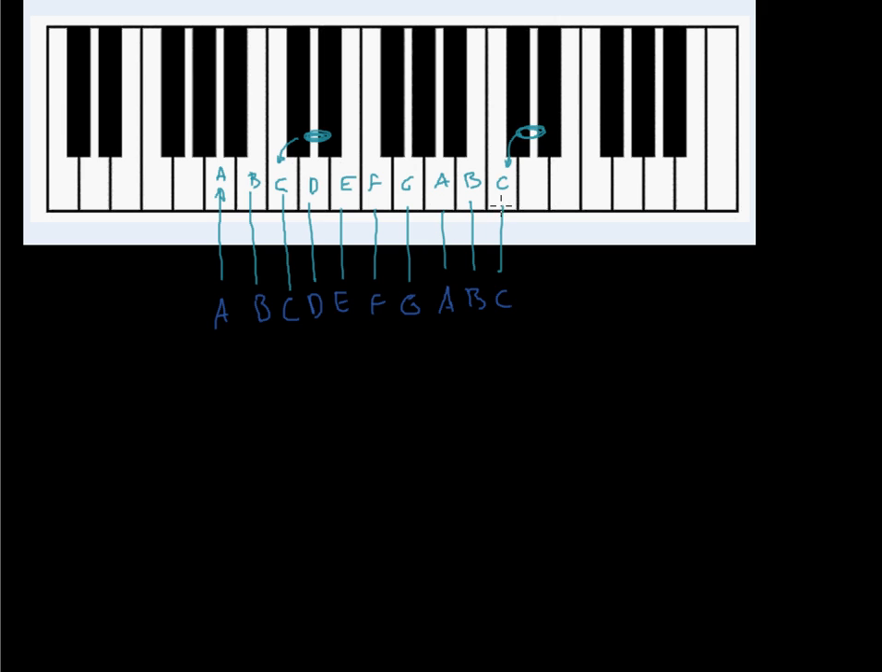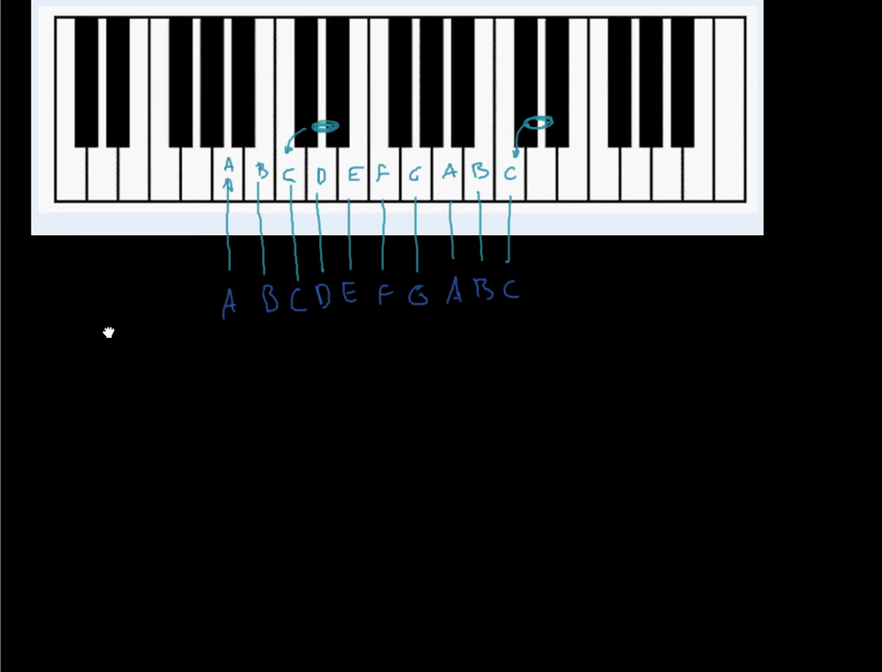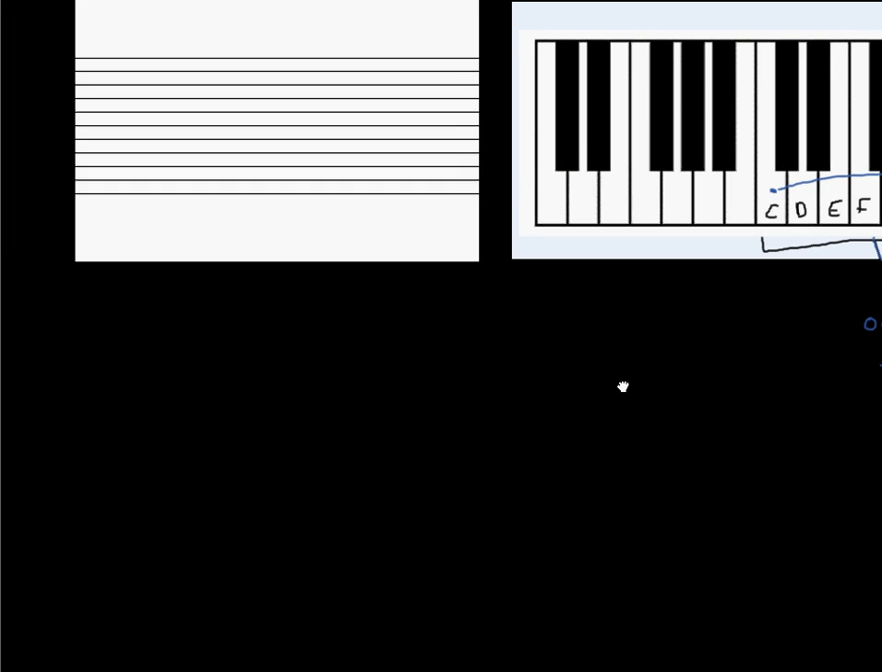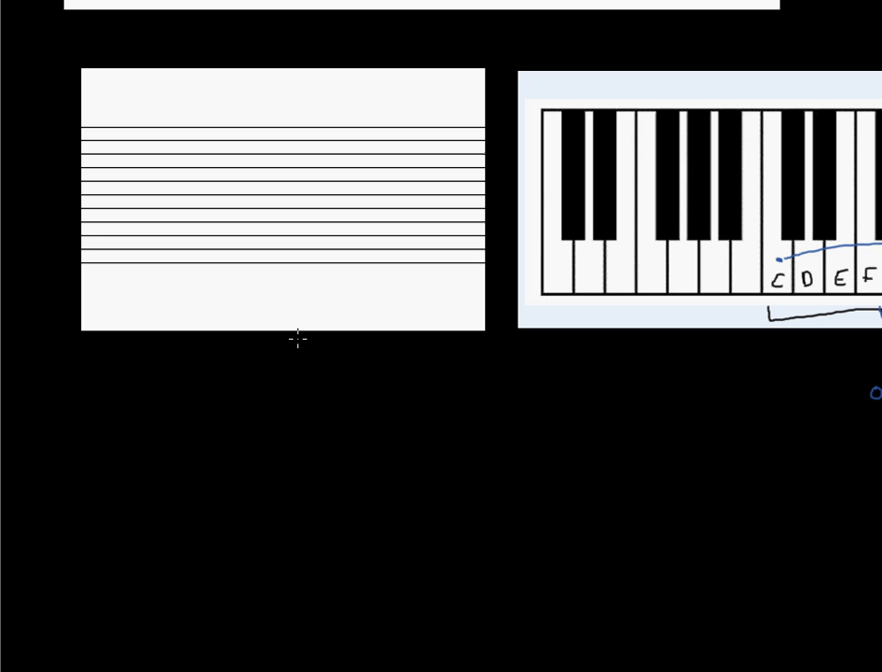All right, so now what I would like to do is talk about how, so we understand that this is how they are on a keyboard, but what about when we move to a piece of paper? How do we represent these notes on a piece of paper? Now, to get us understanding a little bit about that, what we've got here is something called, well, before we talk about exactly that, what I'd like to do,